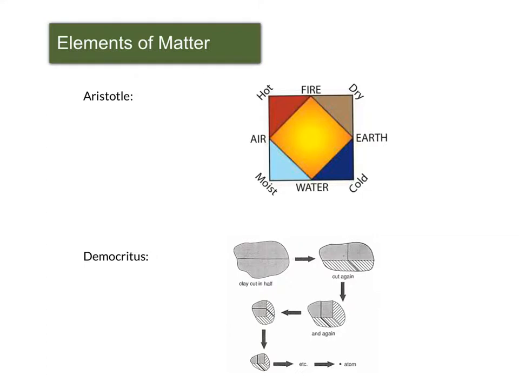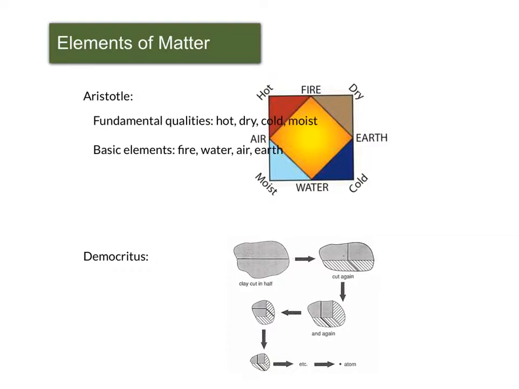Right, now the idea of the atom actually came about over 2,000 years ago, and there were two main theories at the time for what matter was made of. The first was Aristotle, and I'm sure you've all heard of Aristotle. He was a fairly famous philosopher, and he thought that all materials were made of various proportions of four fundamental qualities, which he called hot, dry, cold, and moist. And that, for example, air is a combination of hot and moist. Fire is hot and dry. Earth would be dry and cold, and water is also cold, but it's moist, not dry.